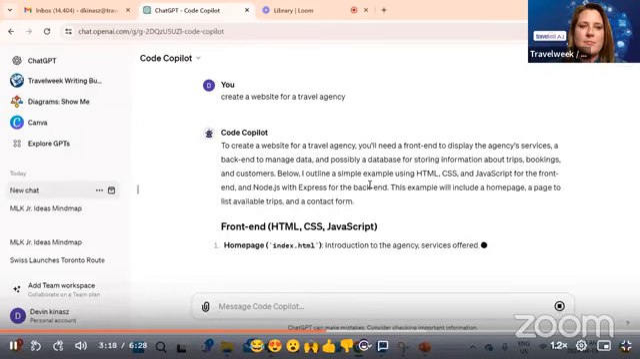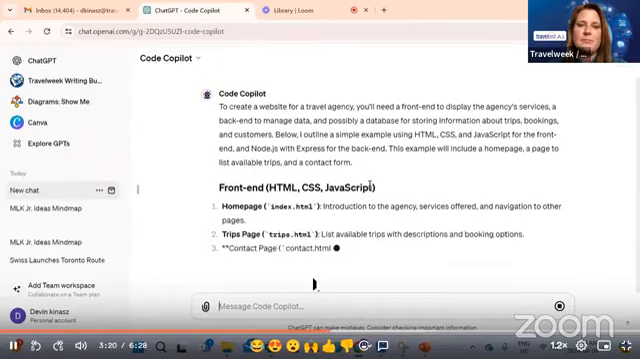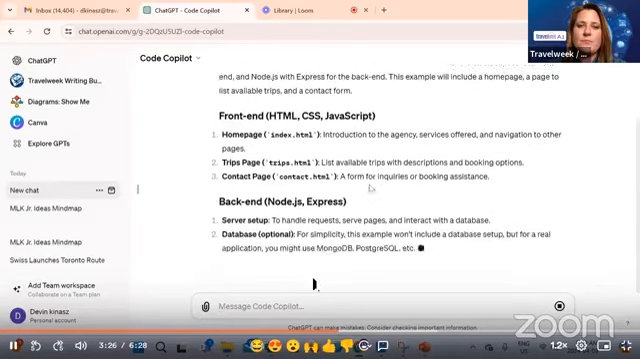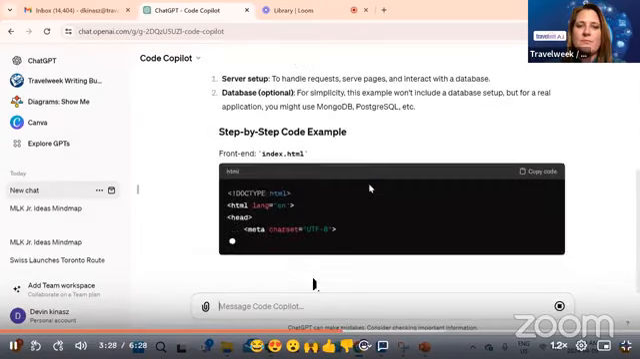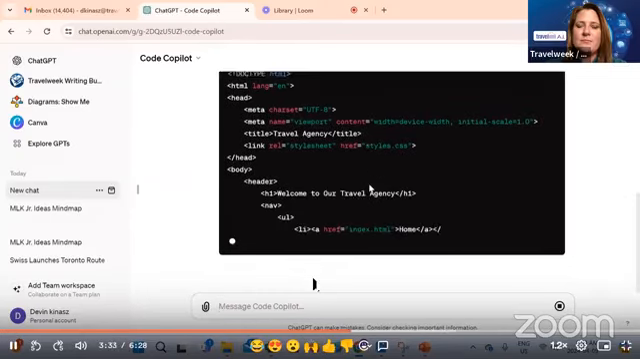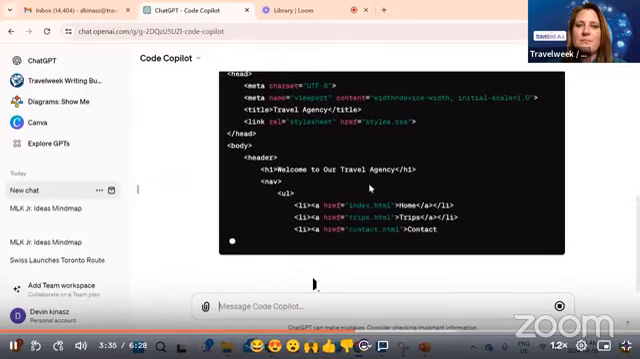Okay, I don't know much about code myself, but let's see what it gives us. Okay, there it's actually writing code for us. So this might be helpful for one of your other departments, your IT department, or for your web developer. So we'll stop that